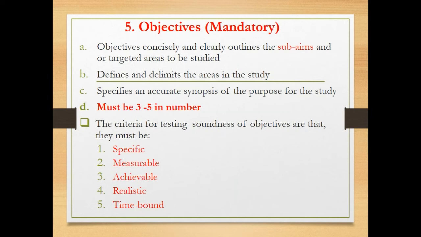I know I can get to Sandton in this hotel because I have measured I will take 10 minutes, 15 minutes, 30 minutes, and another time because of traffic, I can get there within an hour and a half. I know I can get there. I can measure it. It's within the time, and these objectives are also measurable. And so that is why we say the criteria for testing soundness of objectives are that they must be SMART. They must be specific, measurable, achievable, realistic, and of course, time-bound.